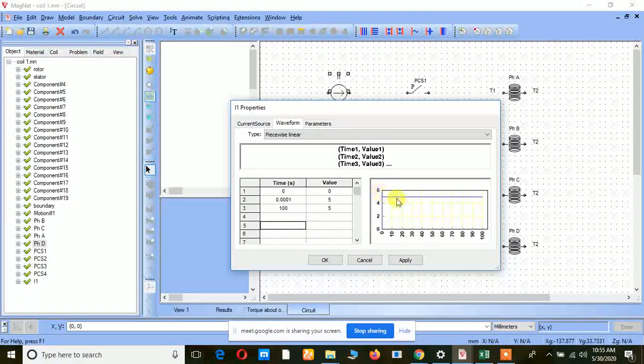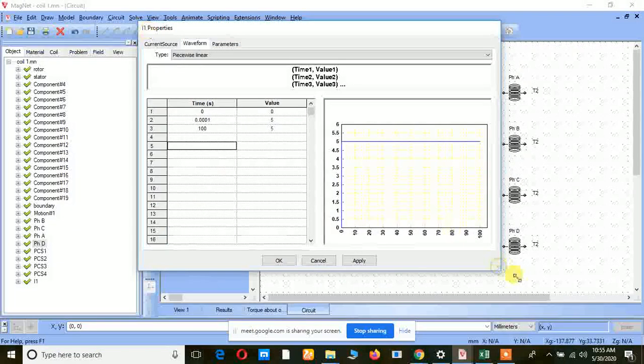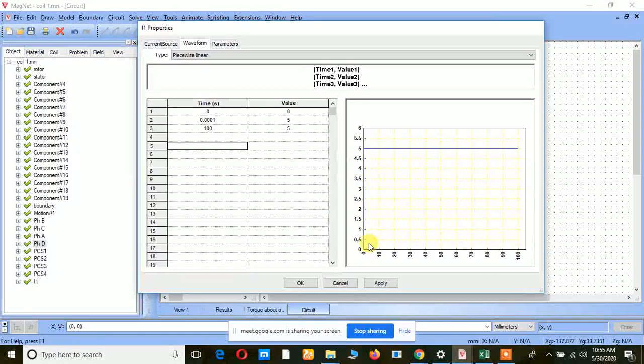After increasing, it reaches saturation. If we are giving a current source or voltage source, we have to give the value like this. Just increase for a lesser value of time, and then it has to be saturated. If you are giving a current source as the input, we have to give more or less a constant value, such that at the starting it is slightly increasing and then reaches the steady state value as quickly as possible, and then apply here.